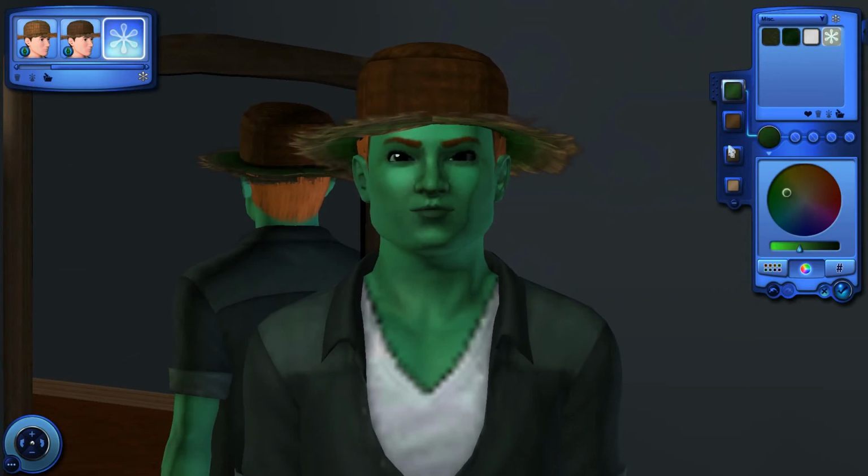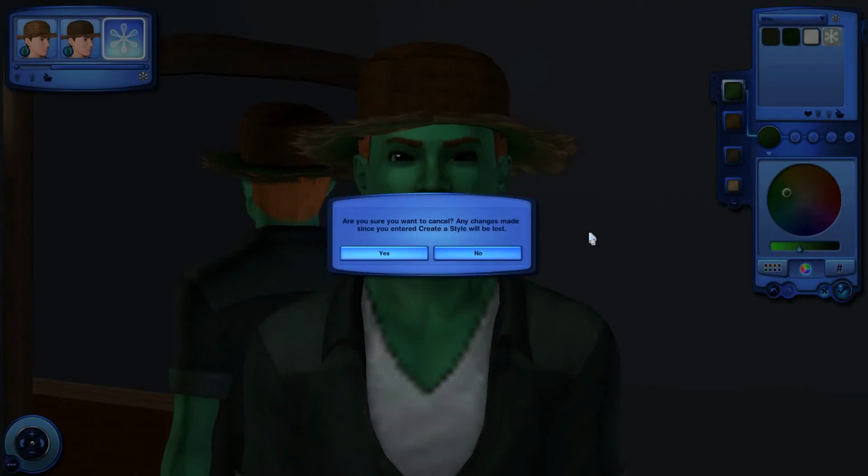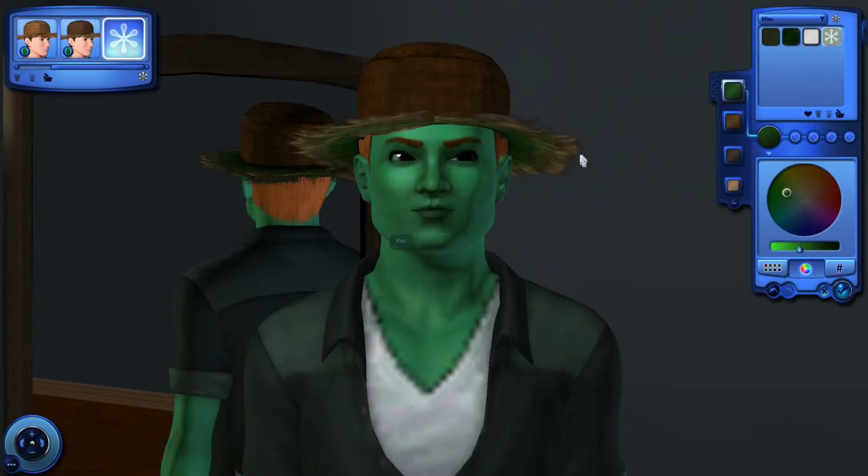As you can see, that's changing the bottom side of the hat. And if you go to these little buttons right beside it, it's going to show you which part of the hat it's going to change if you select one of those buttons. So we're going to close that out. And it's going to ask you if you're sure you want to cancel any changes made since you entered will be lost. So we're going to select yes and go back to the main Create a Sim,